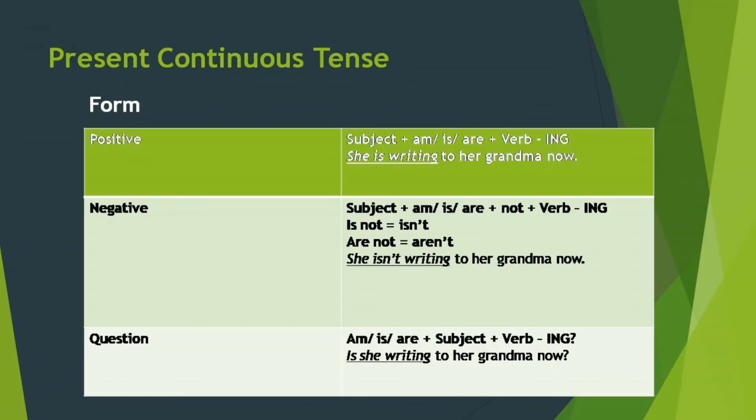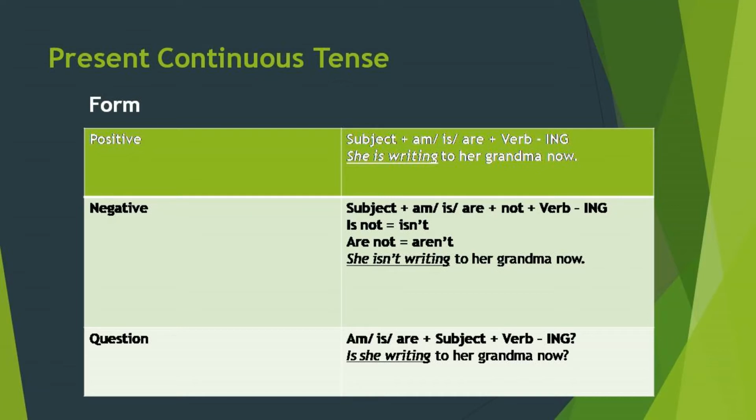Okay. Now, the second one is present continuous tense. We use it in a situation when we do a thing for some moment. It's not like we start doing and it's finished. Not that. We start doing and it continues for some moments. In that case, we use present continuous tense, and the sentence structure will be like, there will be a subject,